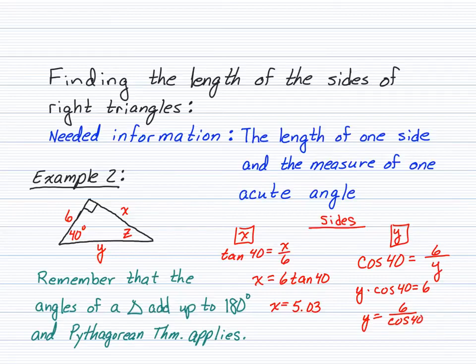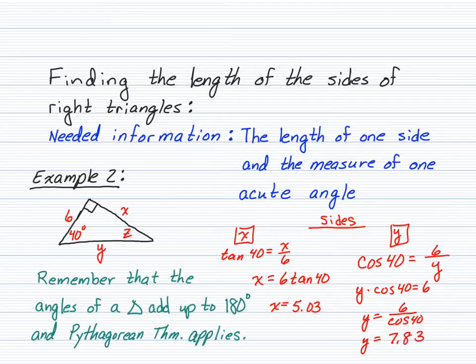Now, what we just did right there, we normally will just do in one step. Whenever the variable you're trying to solve for is in the denominator, you're just going to move it over to this side and then move your trig function down to the denominator. So that would give you 6 divided by the trig function. Okay. Now, in this situation, 6 divided by cosine of 40 gives us a y value of